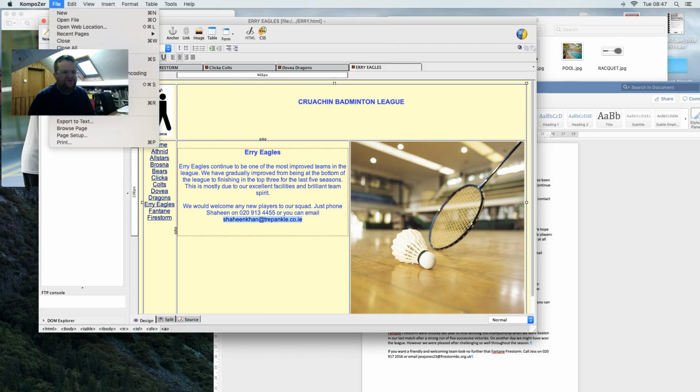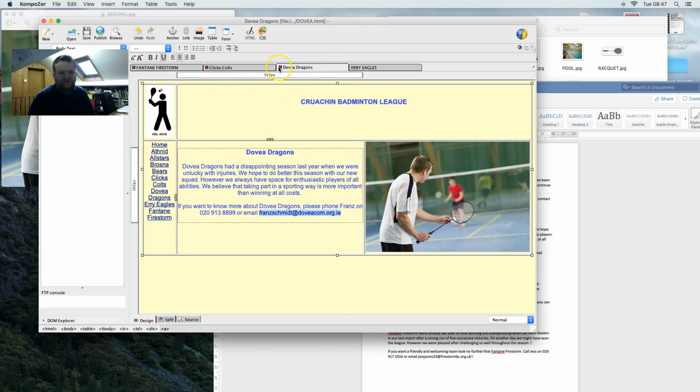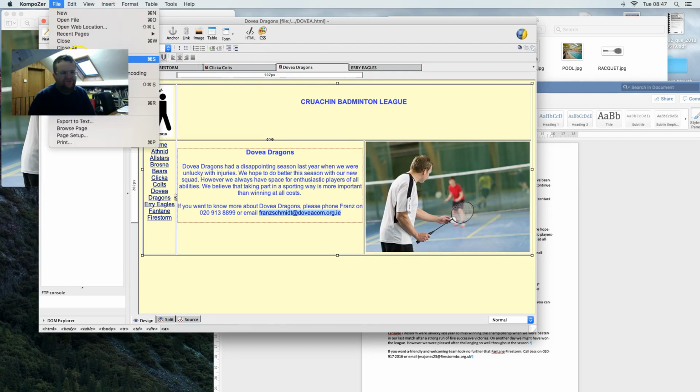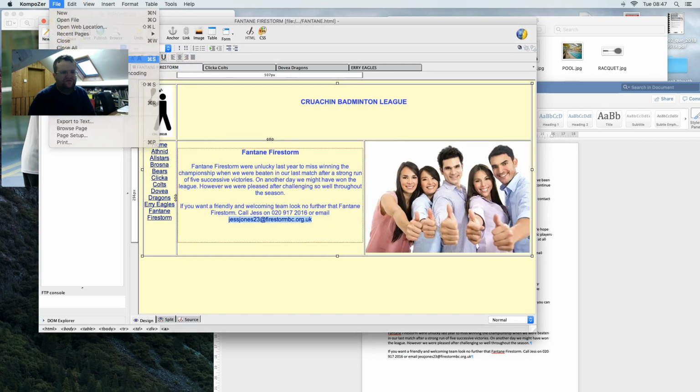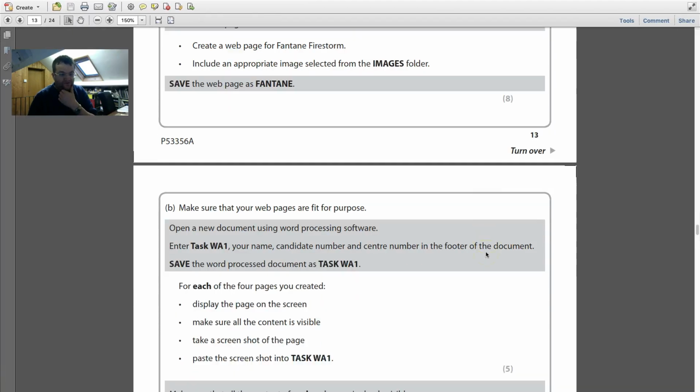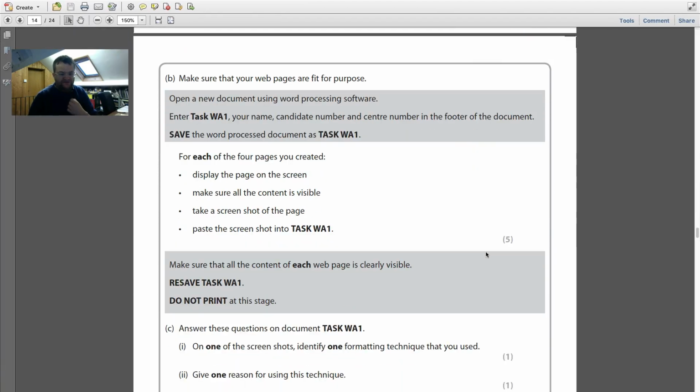And then all I need to do is file and save. And this little icon here will disappear because it will show it's saved. This just means it's not saved. Now it is file save. Okay. Going back, all I need to do is open a new word processing document, enter task WA1 and your